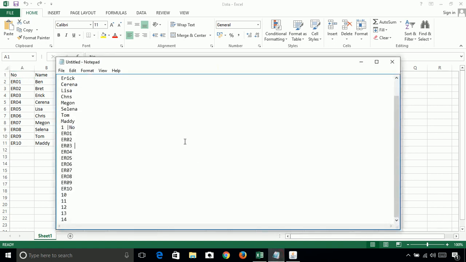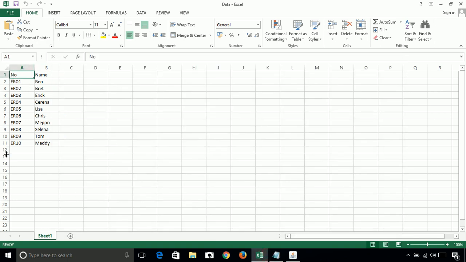If you look here, it will not be in the proper format, but we are able to extract the data into the notepad file. Whatever is there in that particular region, everything is pasted here, including name, number, and all the row numbers till 14, because we took the region till 14. If we take the region of only these two rows, it will only fetch this text. But we took a different region, so it has fetched the row numbers also.